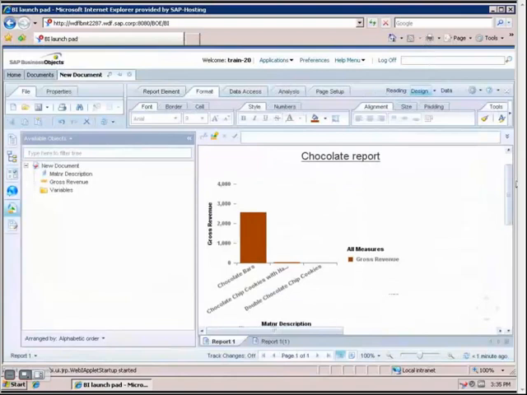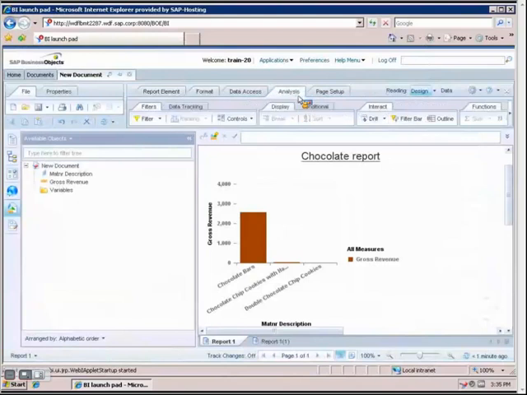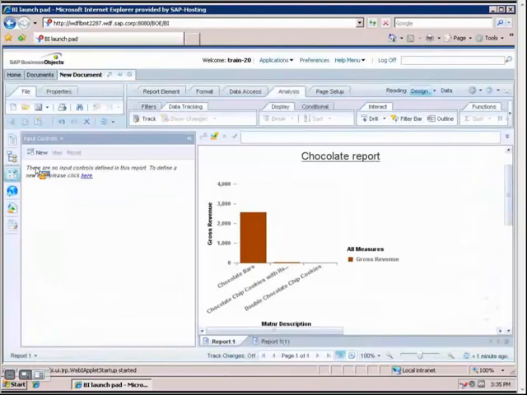So there's lots of different types of further analysis that you can do in Web Intelligence. You see you've got all these types of possibilities of analysis tabs here, filters, data tracking. You can interact with drilling down, creating a filter bar. You can have these input controls here, which can enable you to do more interaction for the end user, almost in a dashboard-like fashion. So you've now seen some ways of interacting with HANA, creating reports, and this ends this